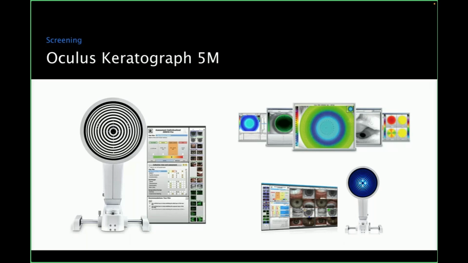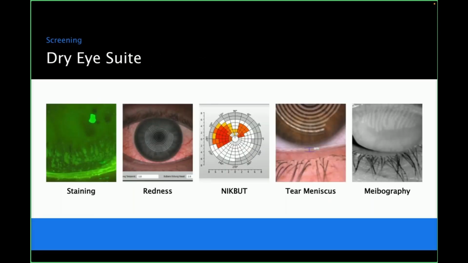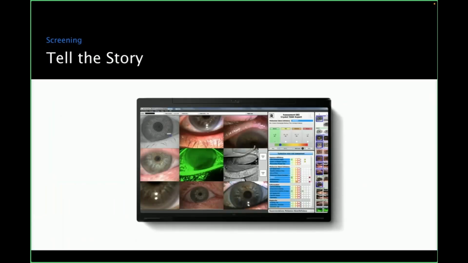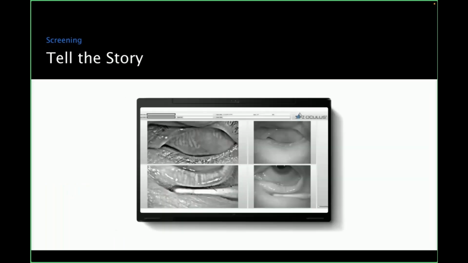I was showing them one thing, going to a different program, showing them something else. This has allowed me to really do all the diagnostic testing that I need on a given patient in a short period of time with reliability, and then be able to present it to them as a story. And when I say a story, here's what I mean. I have this up in a room and I can go through, hey, this is your redness scale. Here's what it's related to. Here's your meibography. I can pull up then a screen that compares the meibography to mild, moderate, severe.